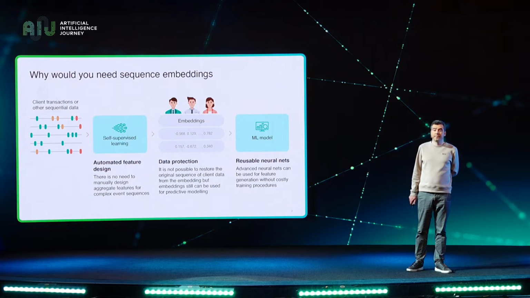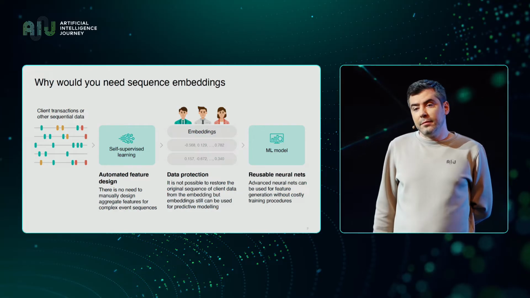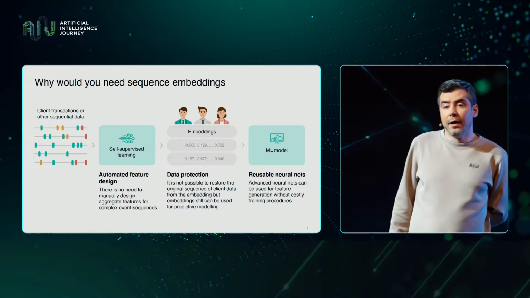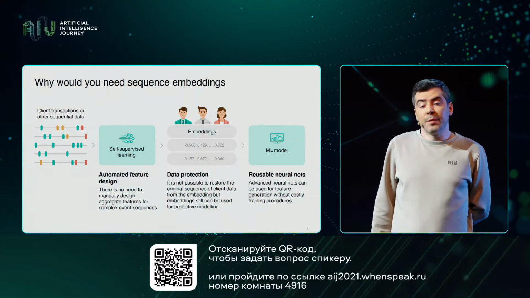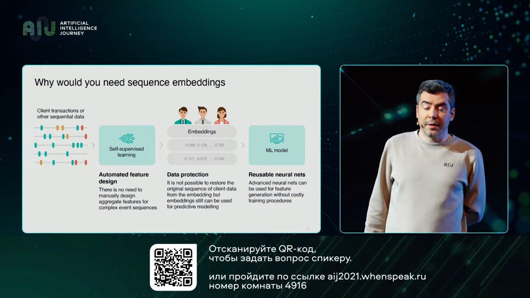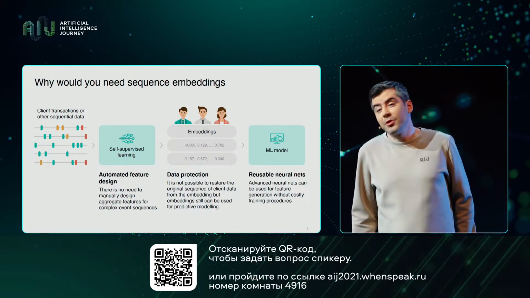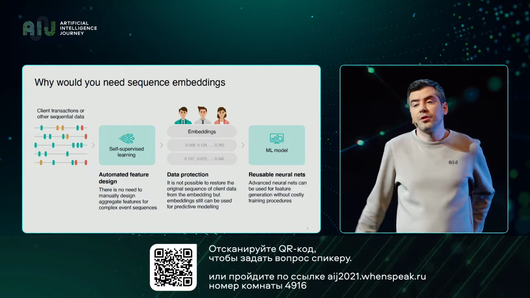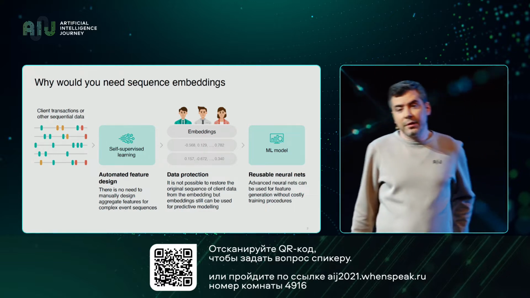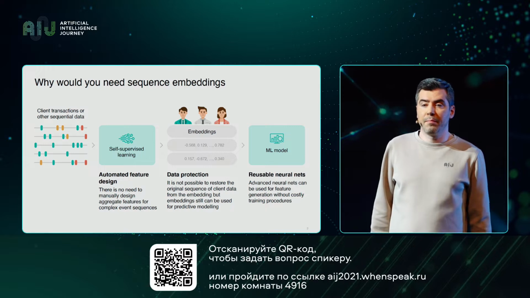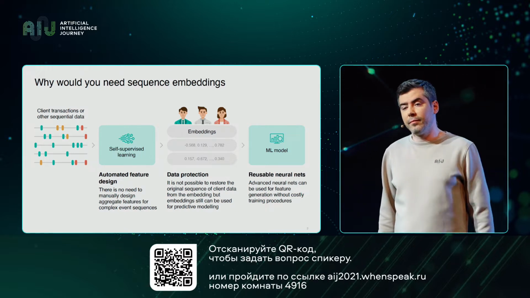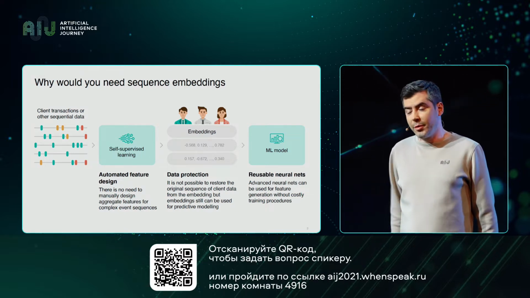Embeddings are fixed length vectors that contain as much information from the original sequence as possible. Probably all the information, ideally. You can have different means and ways of doing embeddings, but what we need is to have no labeling, external labeling. One of the main advantages is that we automate the design of